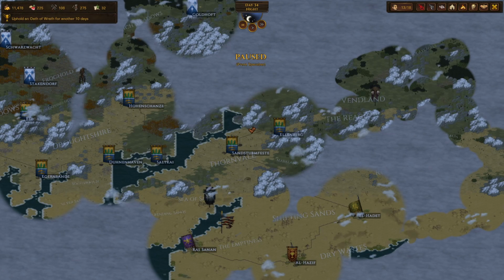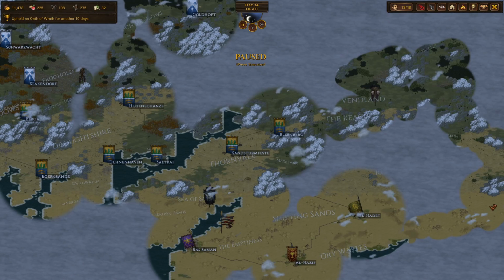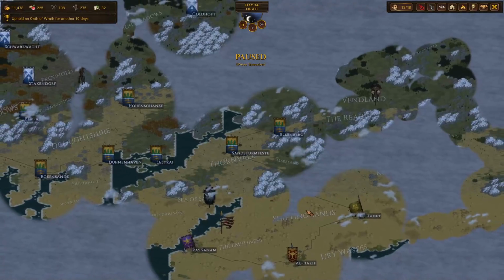The Oath of Sacrifice is one that I had for a while, and that was a pretty good one for me. That's how I was able to go through the wilds over here, because it means your men do not take any crowns as wage, so you're not paying. These Oathtakers take a fair bit of money, 44.40. So I'm paying like